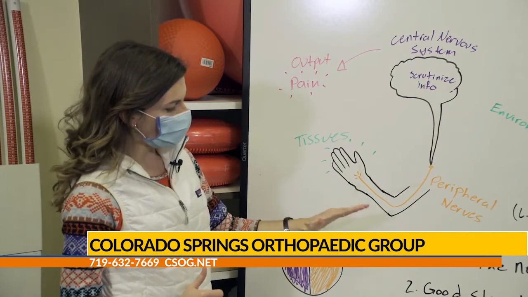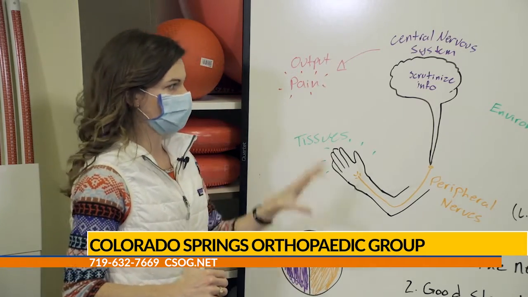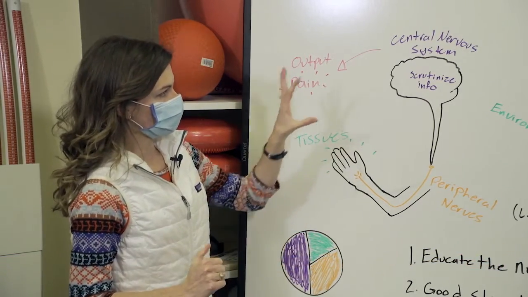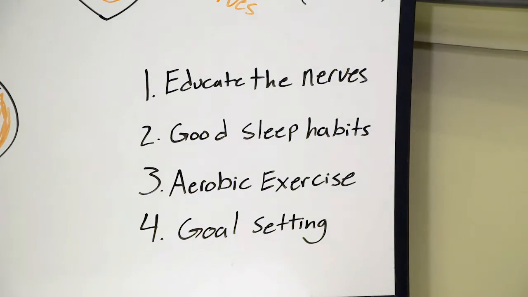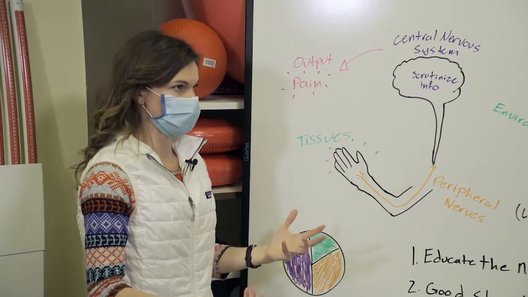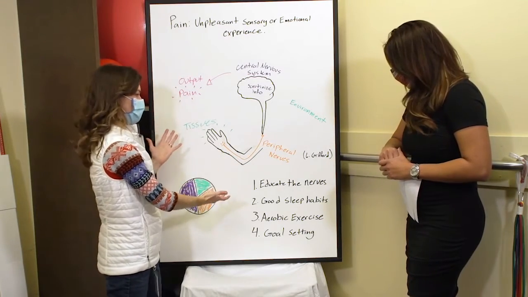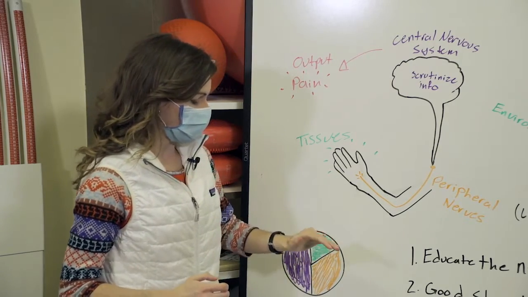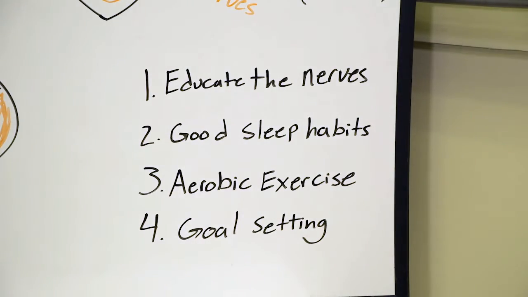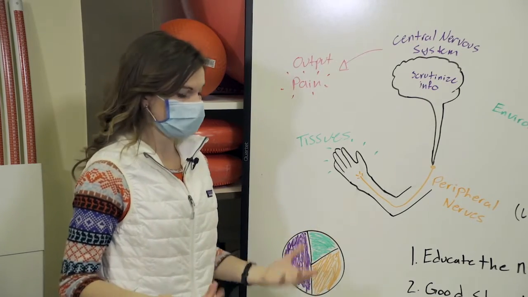Some of the four main things they say to focus on that really help calm pain and calm the central nervous system are, first off, to educate the nerves. Your brain wants to know information. That's why it sends the pain signal. It wants the information. So educating it might even help people calm things down. So, learning things. Next, working on good sleeping habits, making sure you're getting enough rest. Your body and your brain both need rest.